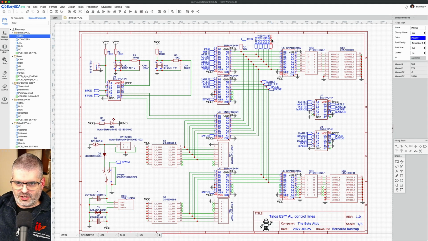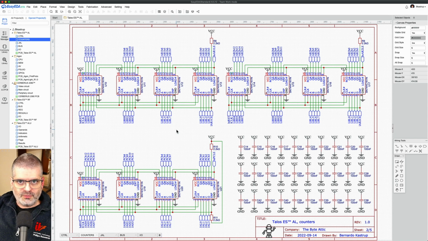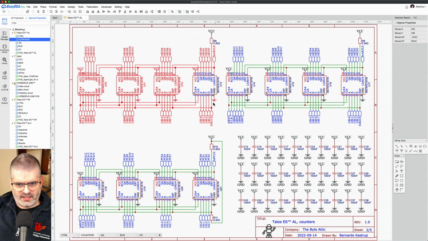That's the address register 2 count enable and the address register 1 count enable. They are active high, so they don't need to be enabled. Now the counters page has the 2 address registers, 1 and 2, and the program counter, because as we've seen, all 3 of them are made with 74161 counter registers. There are 4 for each, so this is AR1, this is AR2, and this is the program counter, and they are connected in the same way and for the same reasons as in the